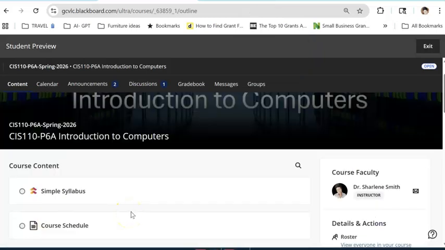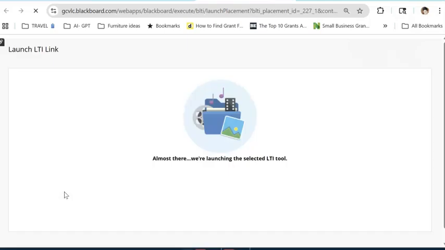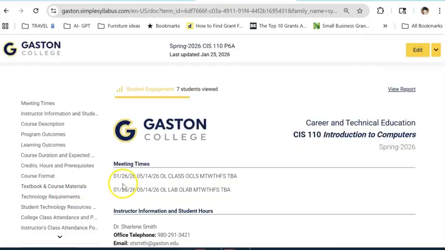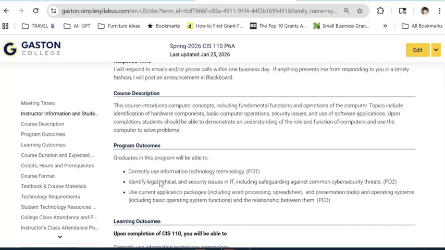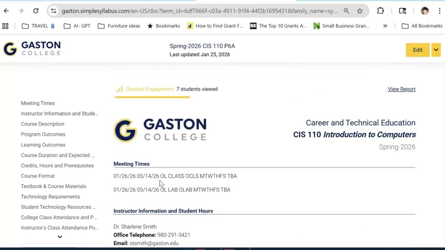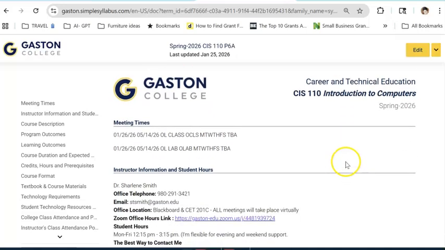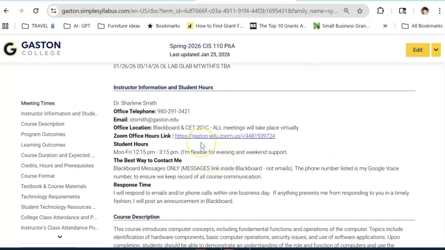Your screen may look different from mine because as an instructor, I am in student view, which is like a snapshot of what the student should see. The first thing I'm going to do is select Simple Syllabus, and that should open in your course. So here we have information. This is our Gaston College CIS 110. You have